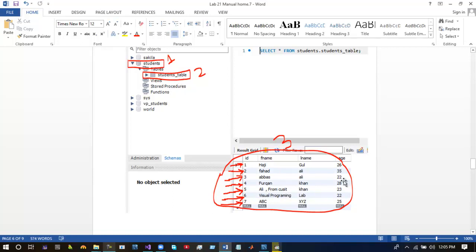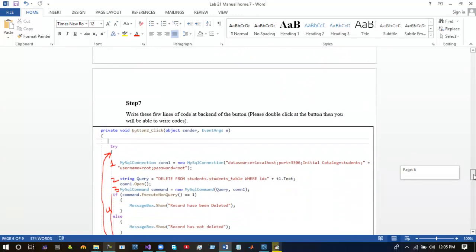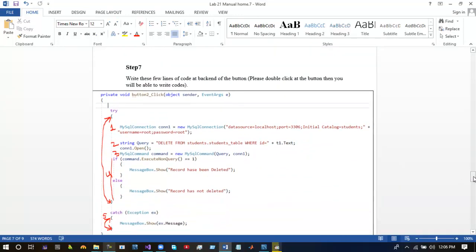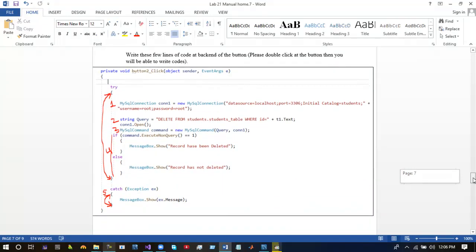If I want to delete this record, I will put the ID of this user inside text box 1. You will see it practically later on.